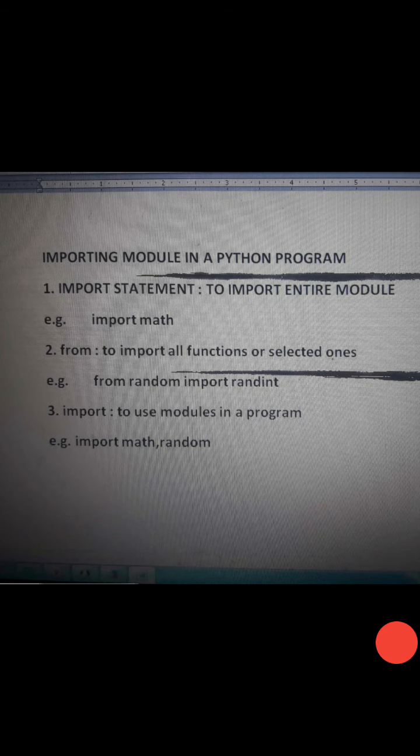Now we'll see how to import a module in a Python program. We can import a module in 3 ways. First is import statement, second is from, and third is import. First, import statement. When we want to import entire